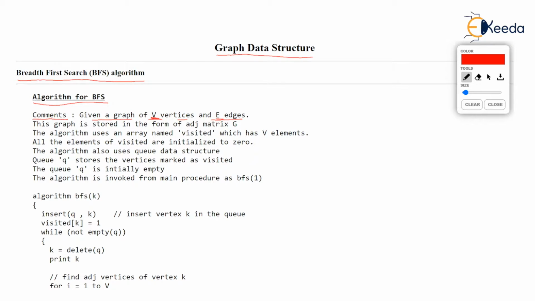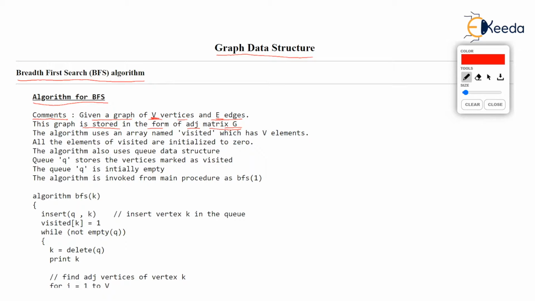Now we assume that this graph is already stored in the form of adjacency matrix G. You recall a graph can be stored in two methods, adjacency matrix or adjacency list. We are assuming that the graph is stored in the form of a matrix.